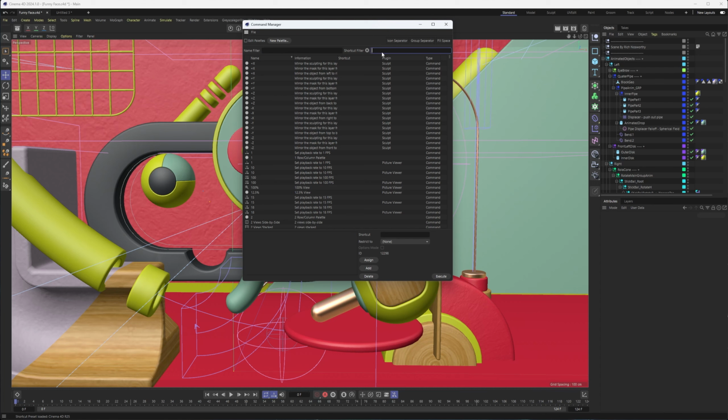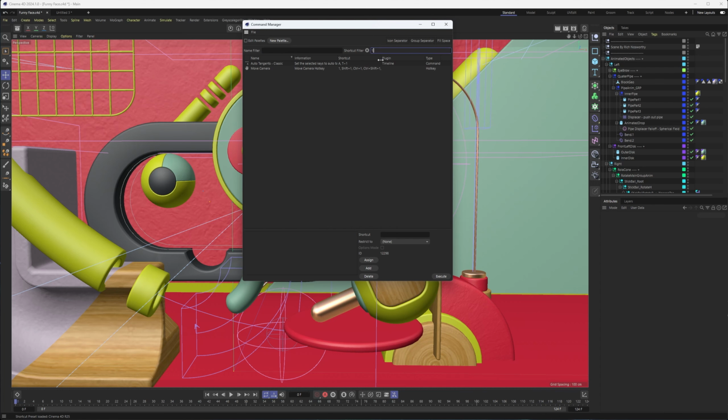You can also filter it by shortcut filter. So for instance, we're going to use the 1 key, and we can see that that is assigned to say move a camera, though there are some other options for that. Ultimately though, because I don't use those options for navigating, I don't use the 1, 2, 3 keys with my left mouse button, I'm not concerned about